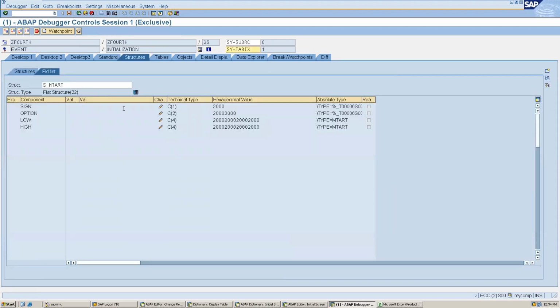If I made some changes here, the sign is I, right? Avnisha, please tell me the possible value. Insert. So what we are doing is at runtime we are assigning some value. For example, I assigned this.